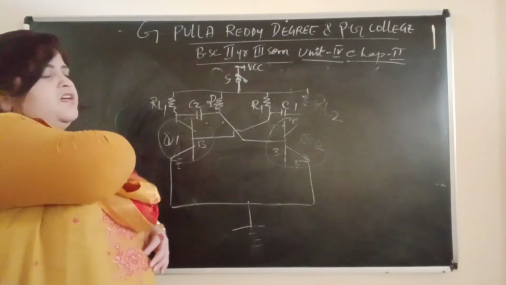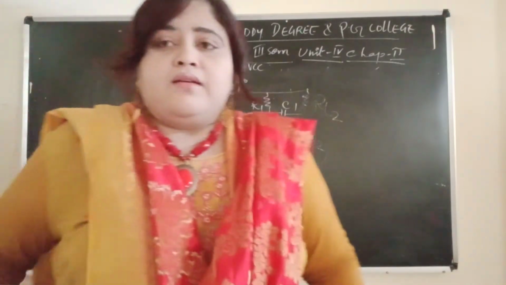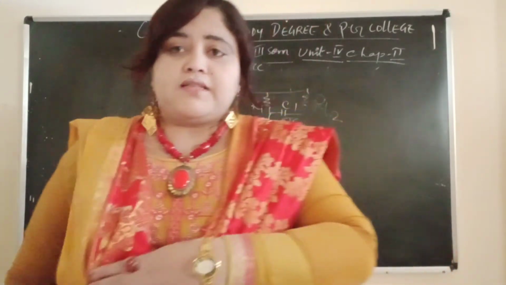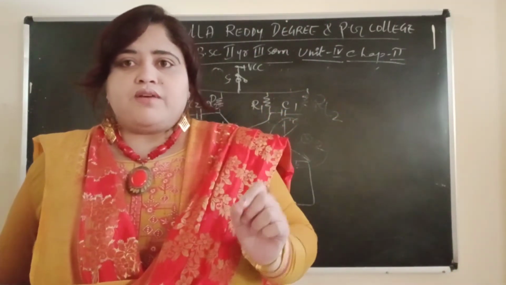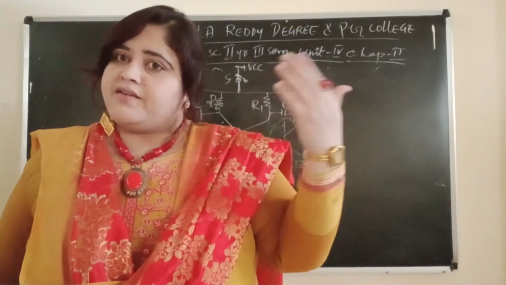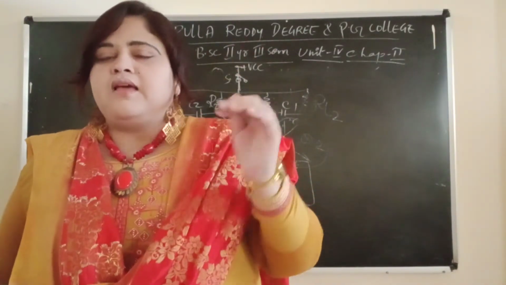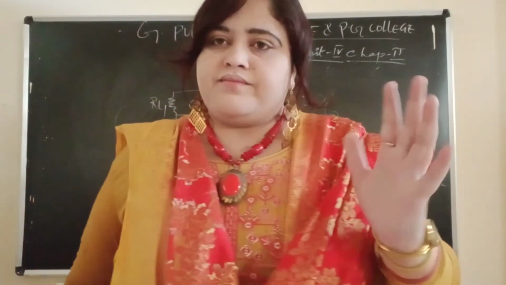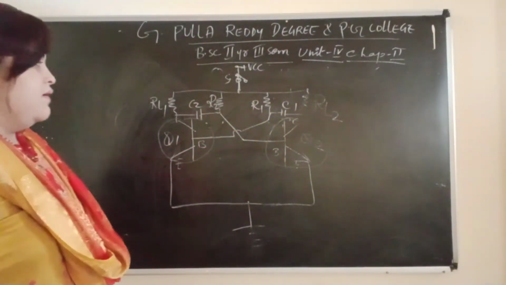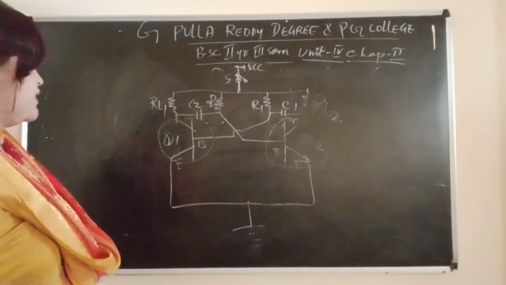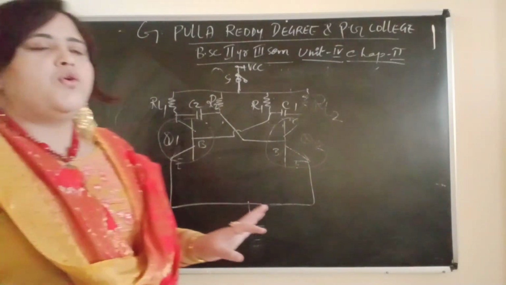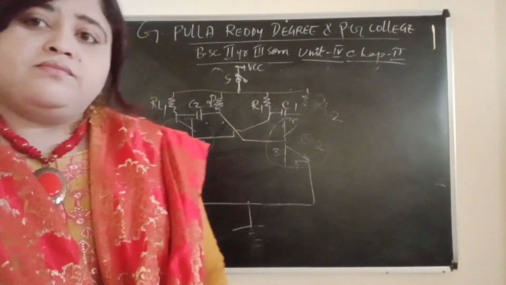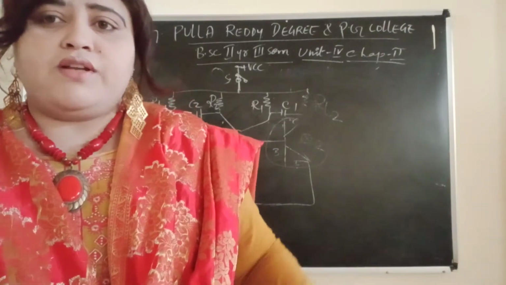Now the circuit description is over. Now we will go for circuit operation. For circuit operation, once again remember, one will be in saturation and one will be in cutoff. Saturation means current will be increasing and voltage will be less, and cutoff means current will be less and voltage will be high. The operation is very important. If you study this operation, it is more than enough, because the remaining two multivibrators you can understand very easily if you study this.